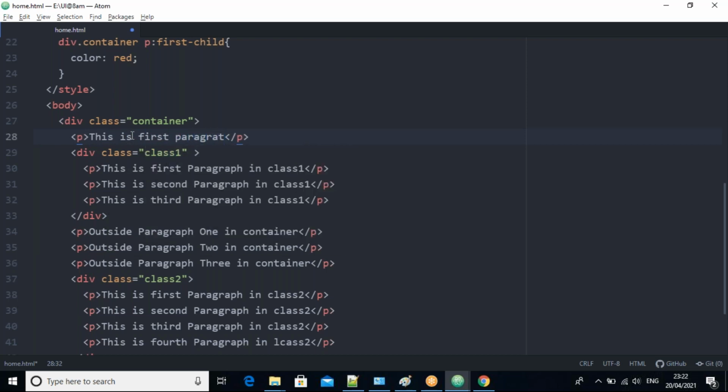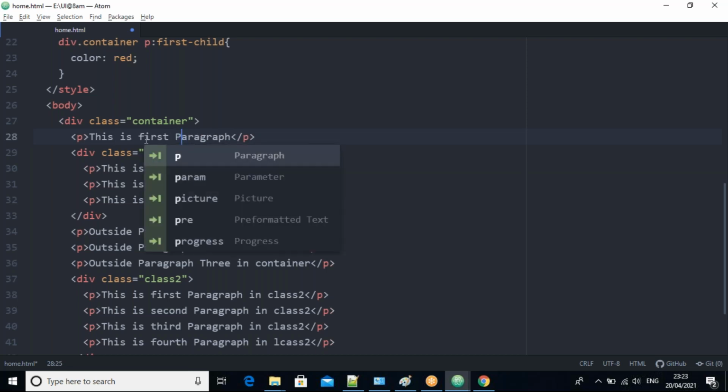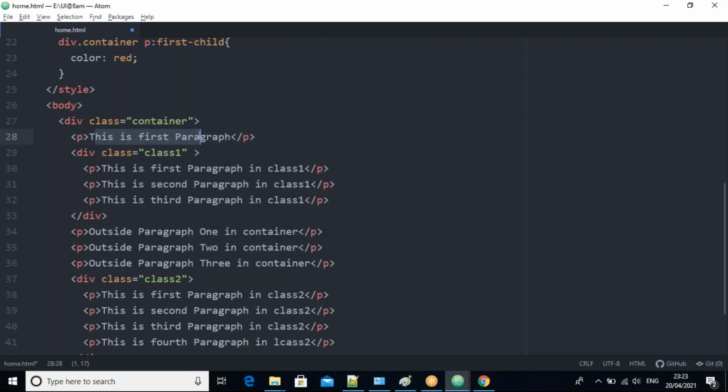Tell me now, does the style apply for this paragraph or not? Yes, it applies, guys.